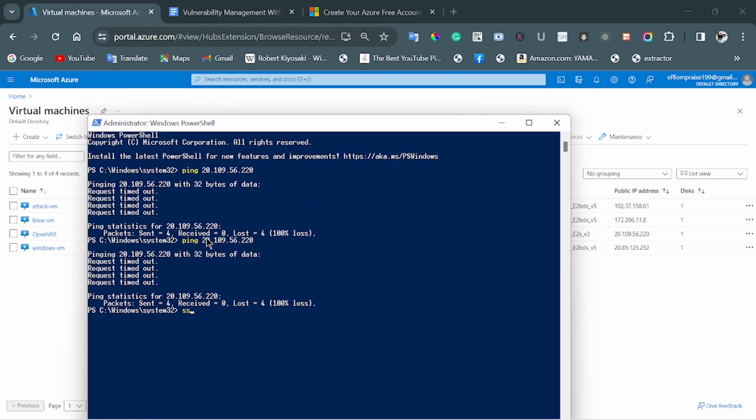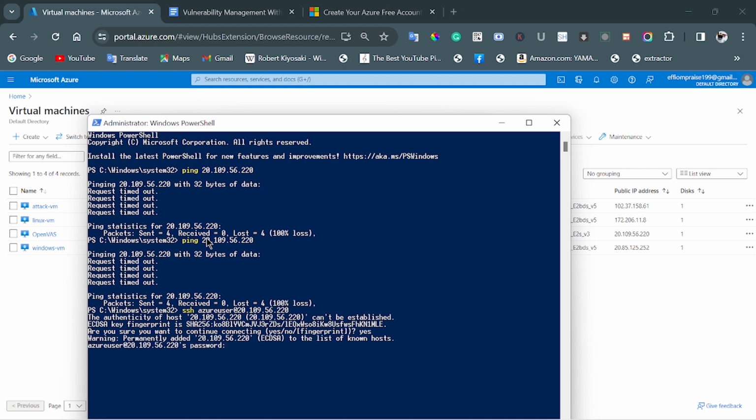Okay, so I'm just going to SSH into it, and I remember our username is Azure user, and I'm going to paste the IP address and click on enter. So I am going to select yes. I'm going to type in yes and provide the password. So our password was or is marshmallow 234